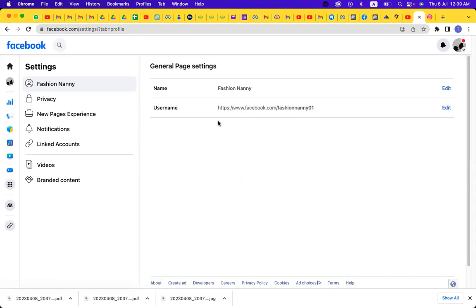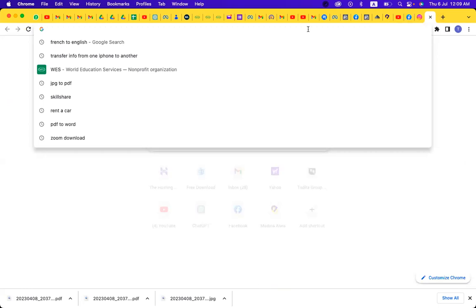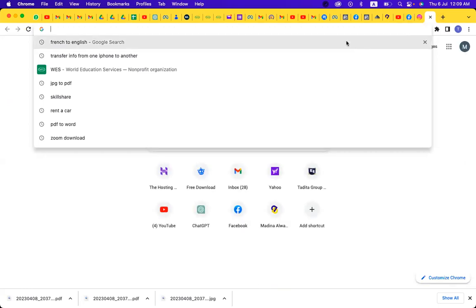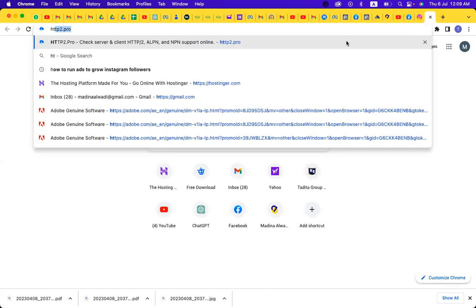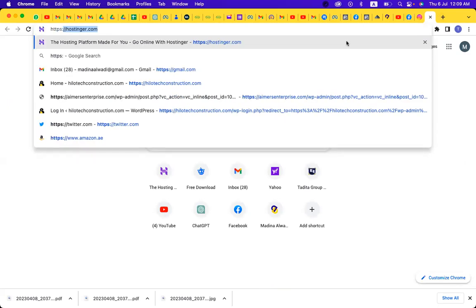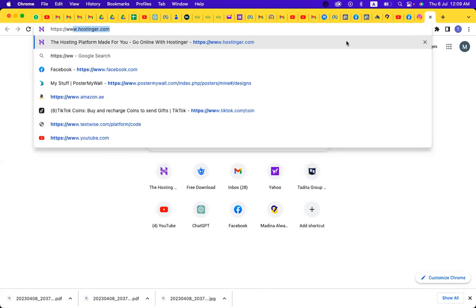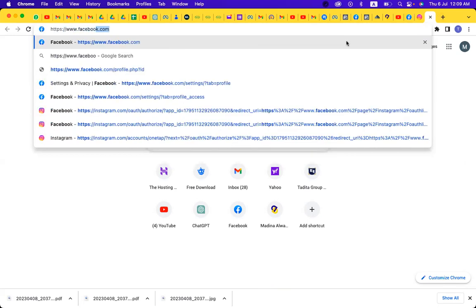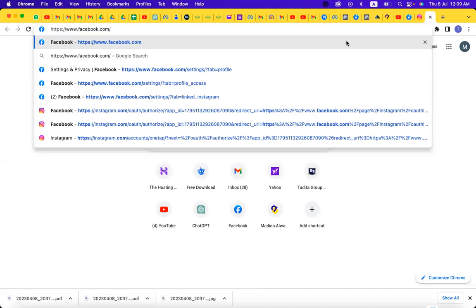That's my username. When someone asks for the link to your page, rather than thinking of where to go and copy the link, once you know your username, it's very easy to identify the link to your Facebook page. If I know my username is fashionnanny01, then I can easily send the link of my page to someone. I'll just type https, and I say www.facebook.com/fashion